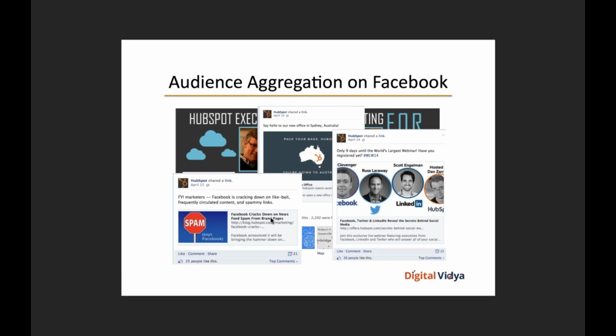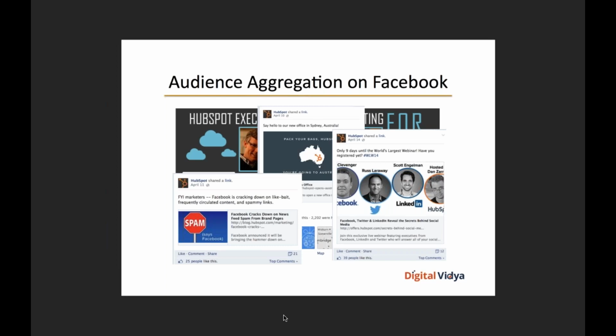They're also generating a lot of interesting content. They're talking about changes in the Facebook newsfeed algorithm, and that's something which they're talking about. So all of those people who are looking at HubSpot as a destination which provides curated digital marketing news, that actually furthers that objective. It helps talk to those audiences who are looking at just keeping themselves updated on the latest trends and happenings in digital marketing.